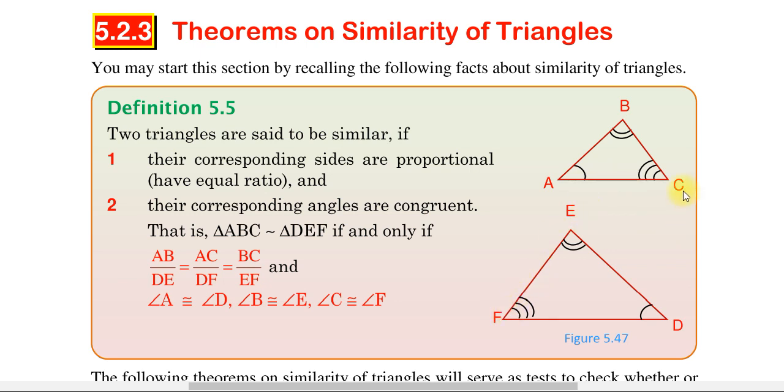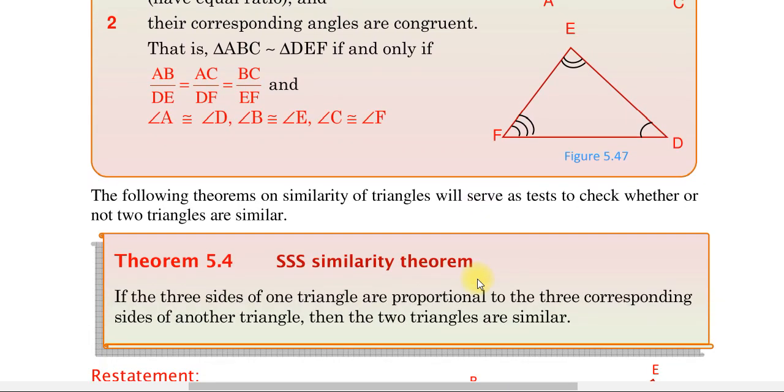F is congruent with C, D is congruent with A, and E is congruent with B ማለት ነው። ሳይዳቸውም ሬሾአቸው ለምሳሌ AB over DE which is equal to AC over DF, AC over DF which is equal to BC over EF, BC over EF አድርገን ስንሰራው እነዚህ ነገሮች ከመጡ those triangles to be similar ይባላሉ ማለት ነው።